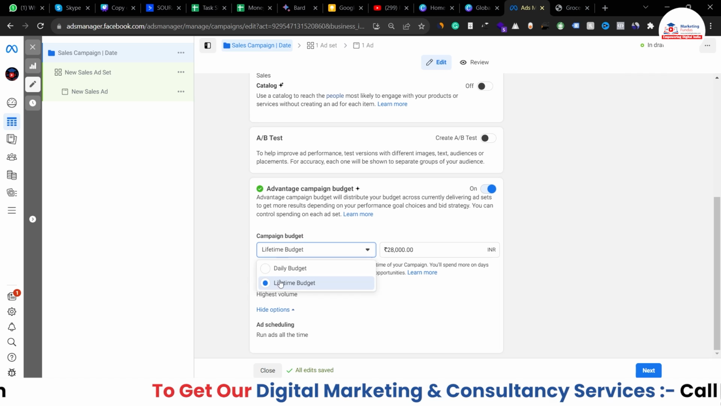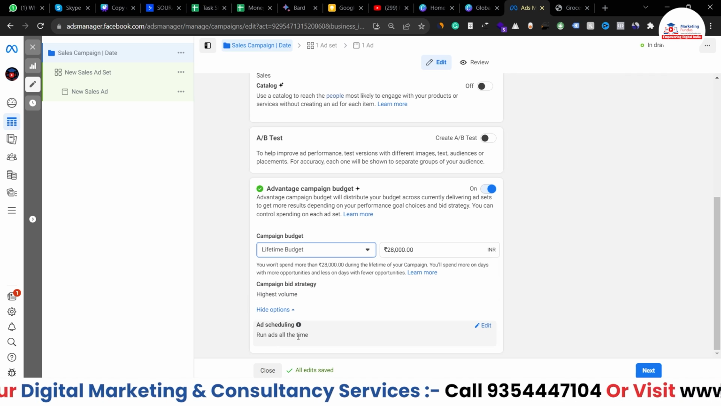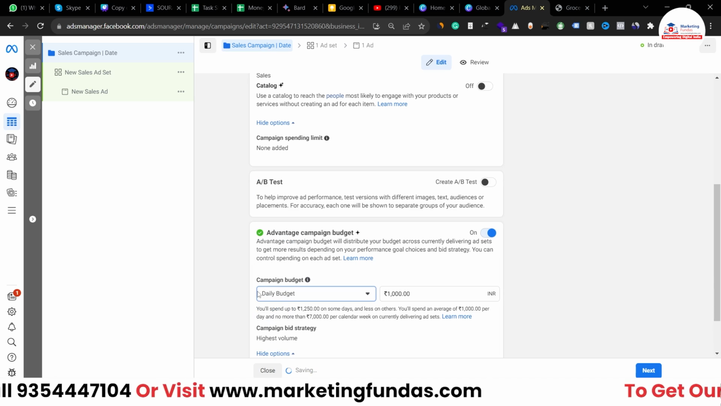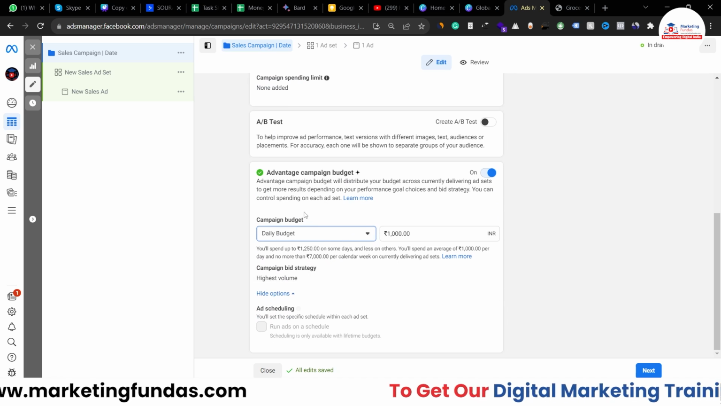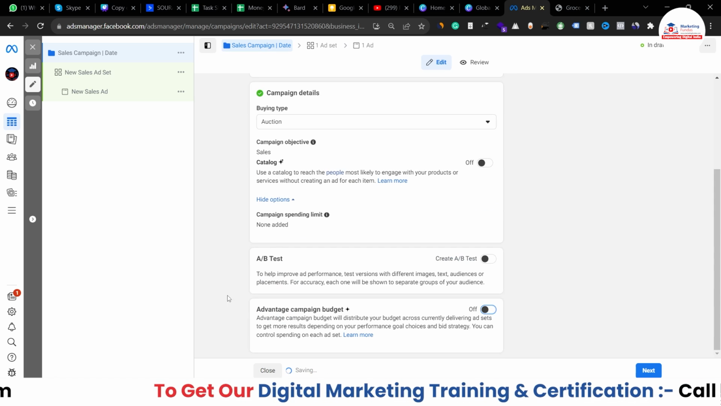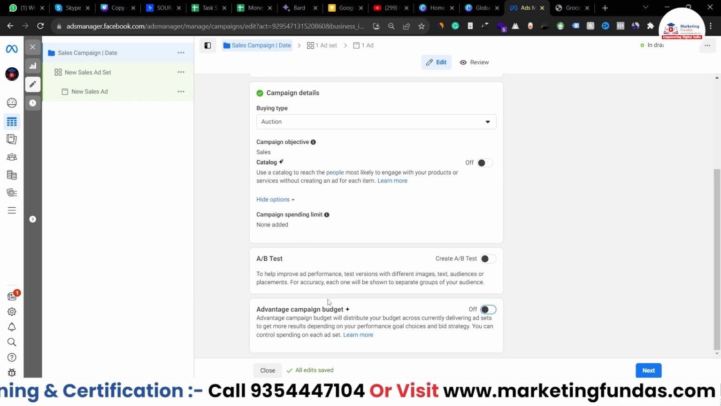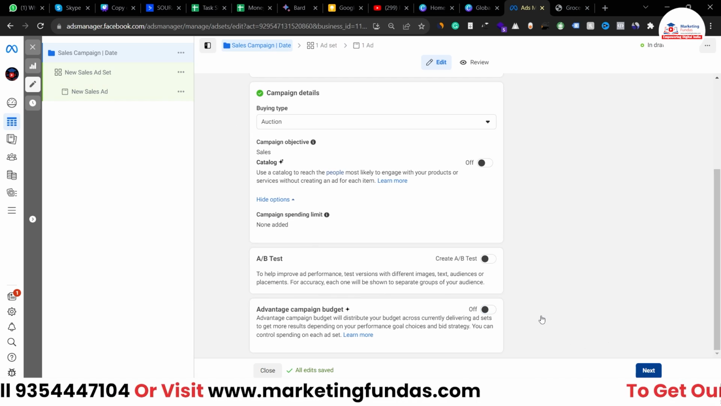You have to set the lifetime budget, and when you set the lifetime budget, you get this option to turn on, right? And when you select the daily budget, this will disappear, right? But right now we are not going with the advantage campaign budget. We want to set our budget on an ad set level, right? So let's hit the next button,